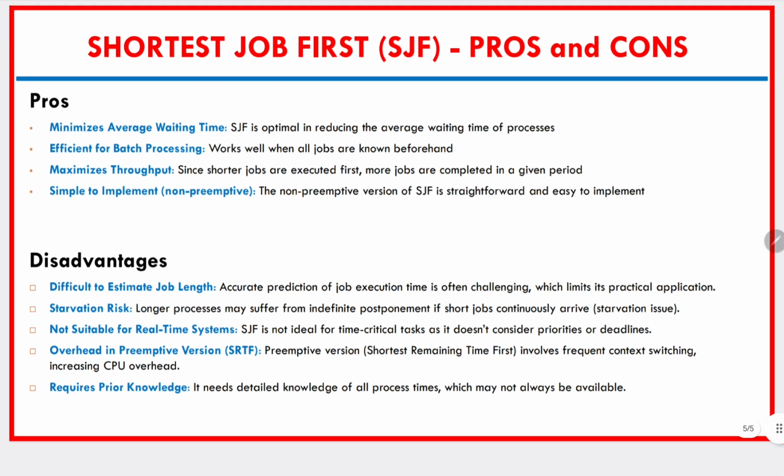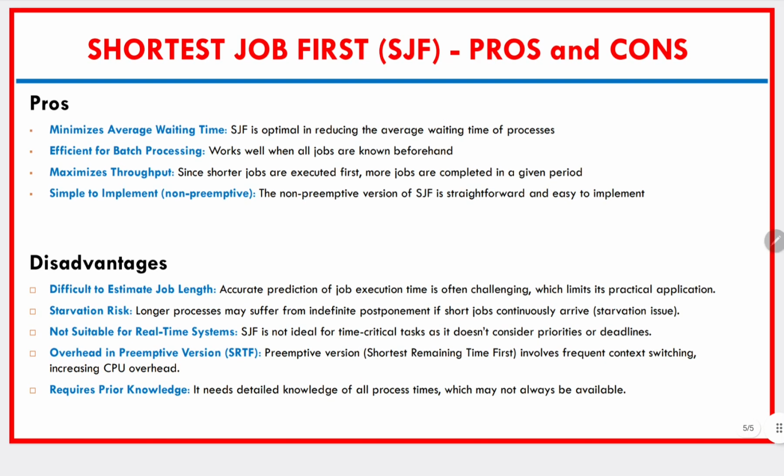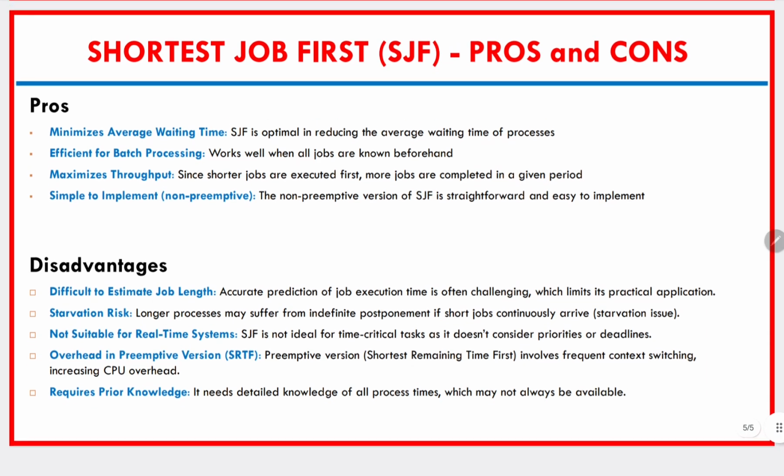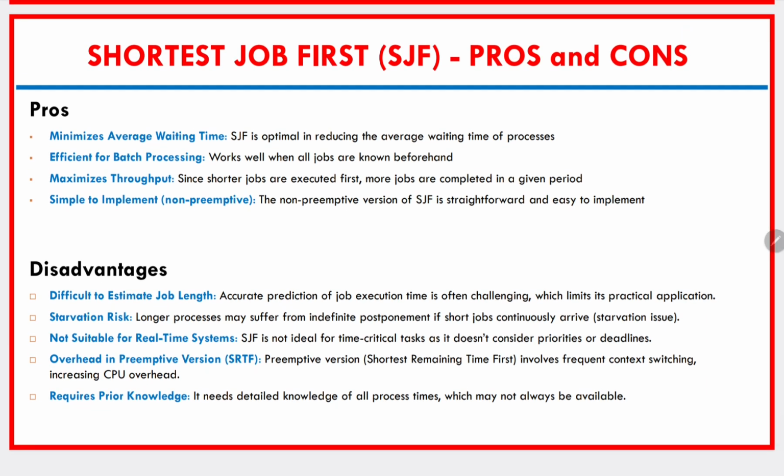SRTF. Now, as far as this SJF is concerned, it minimizes the average waiting time. Why is it so? Because it is reducing the average waiting time. That is why it is optimal. If we have evaluated this with these set of values for FCFS also, and if you compare the two systems, we'll find that over here the average waiting time is lesser as compared to FCFS. And